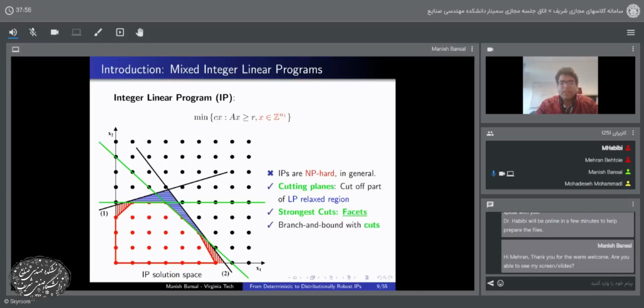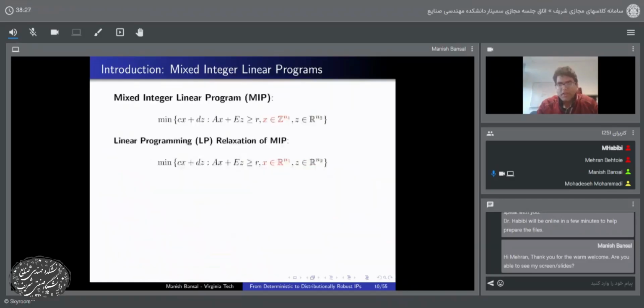And these cutting planes can also be used within a branch and bound framework, where at each node we can add these cuts to get a better approximation of the problem and get a better lower bound as well. So in part 2 of this talk, I will discuss how to generate these cuts, and I will share a cut generation procedure for